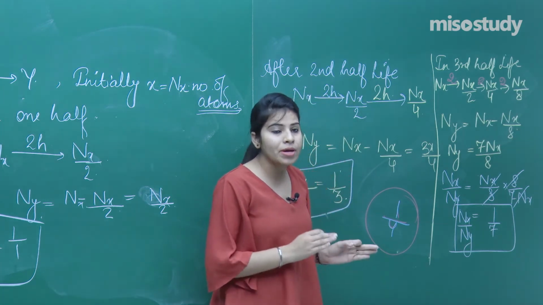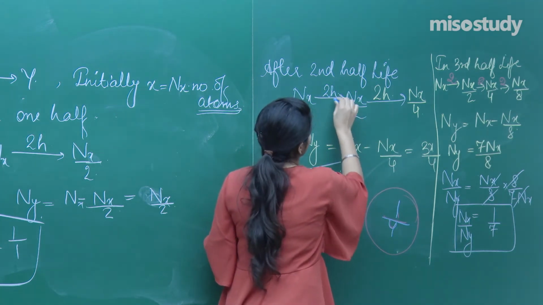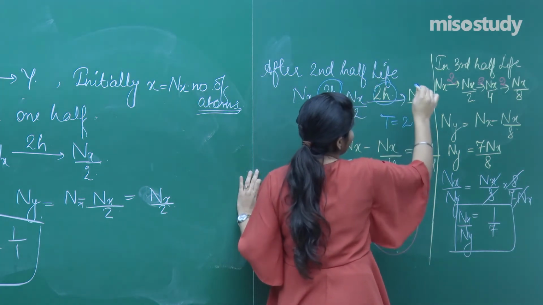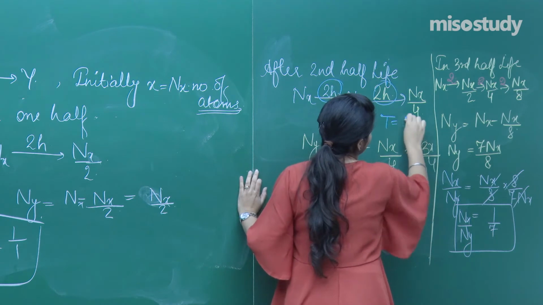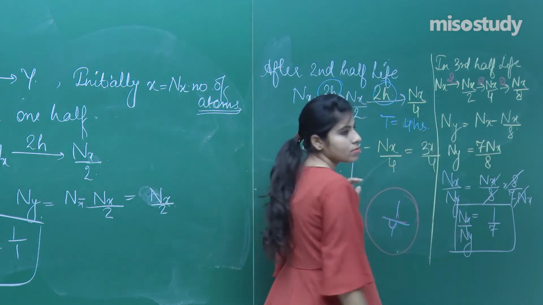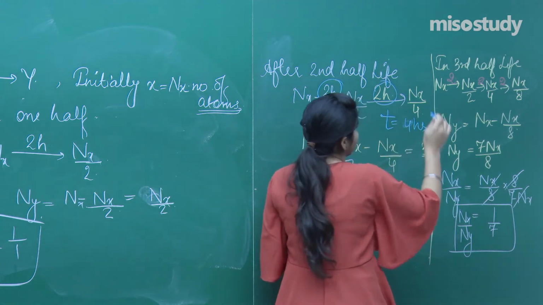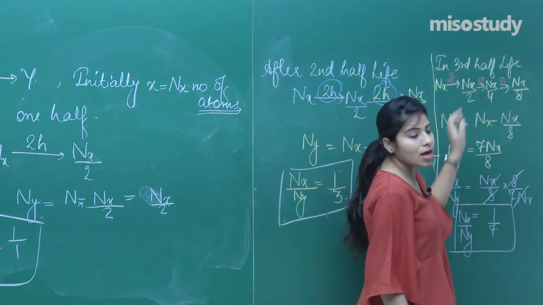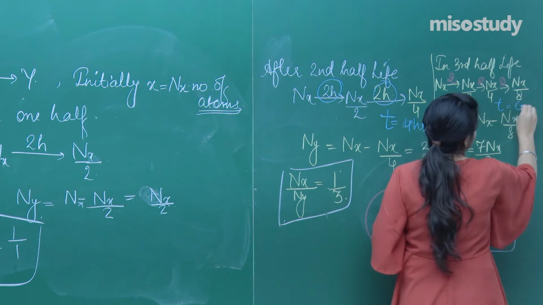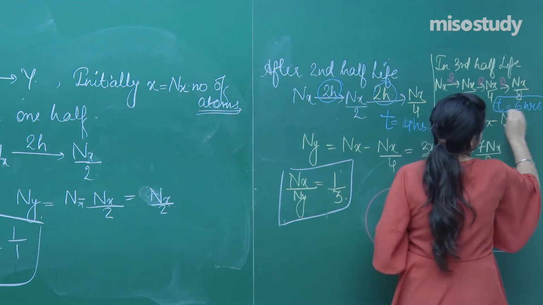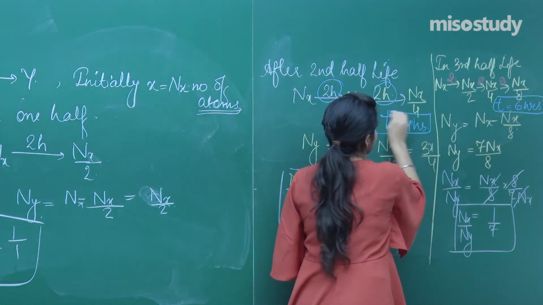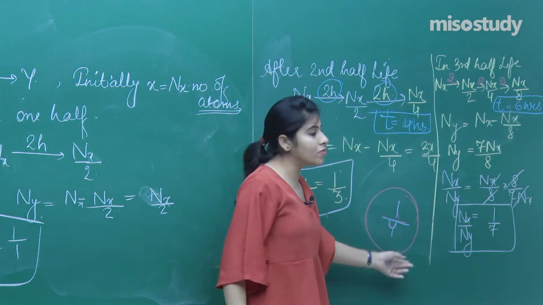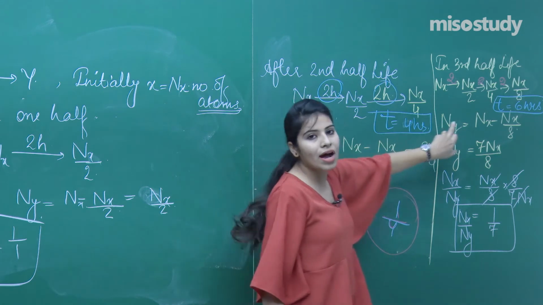That means your time interval should be, earlier it was 2 plus 2, that means 2 half lives. That means total 4 hours. Right? In this case, your total time will be 2 plus 2 plus 2. That means 6 hours. So here t is equal to 6 hours. Here t is 4 hours. So that means your 1:4 lies in the time interval between the range of 4 hours and 6 hours.